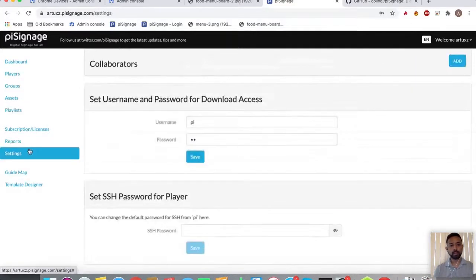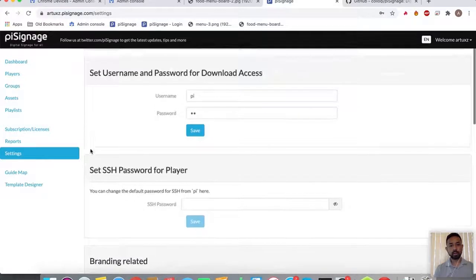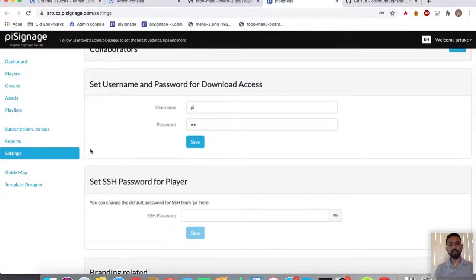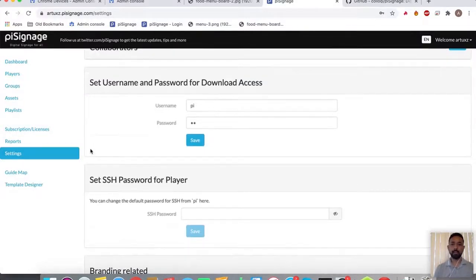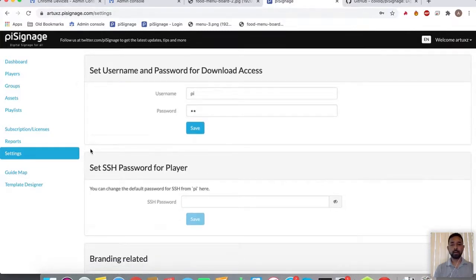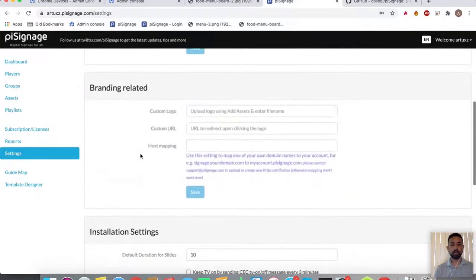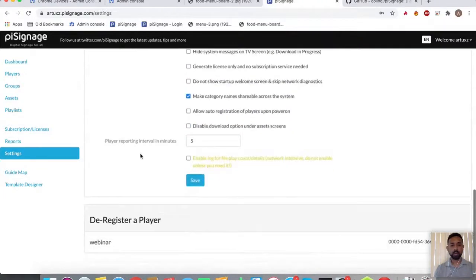And the settings here are more technical. If you are good with the technical side, you can log into this device using SSH, as well as using this password with the device-specific IP address. And also you can deregister the player here.